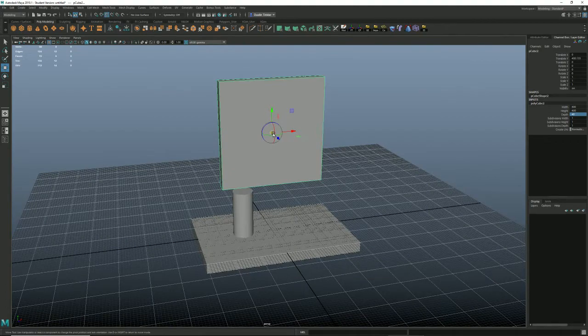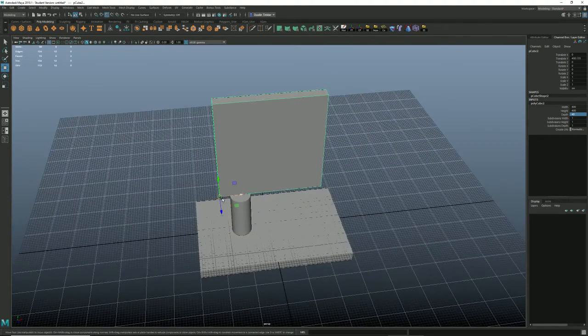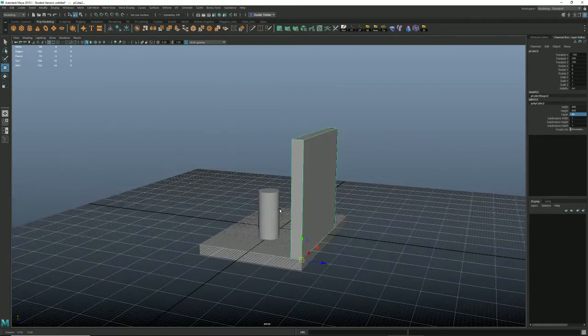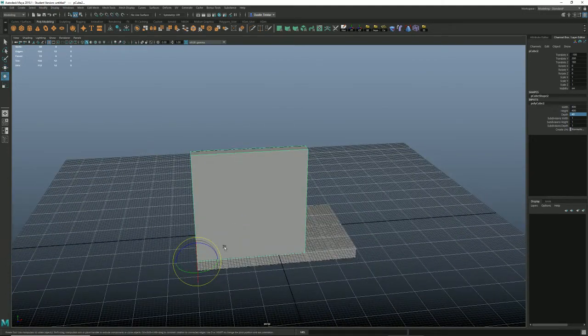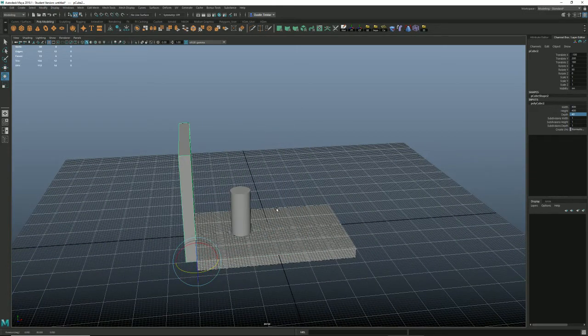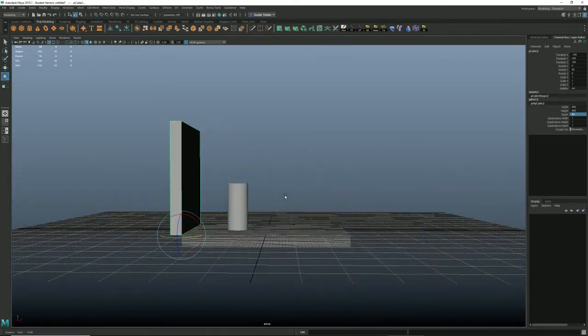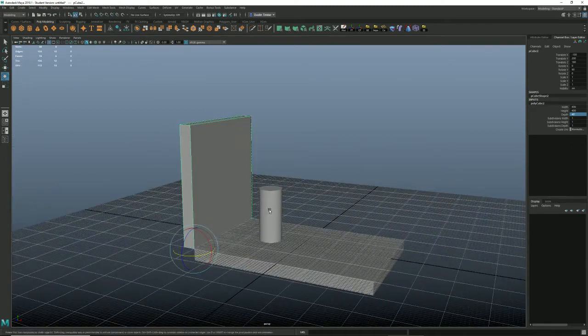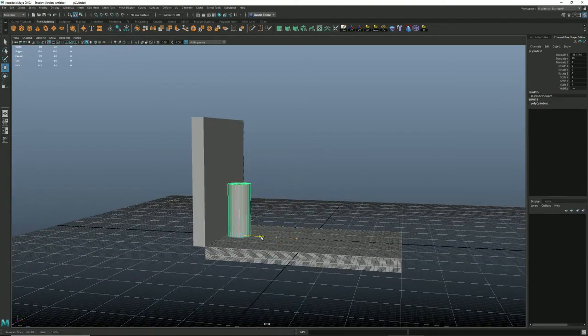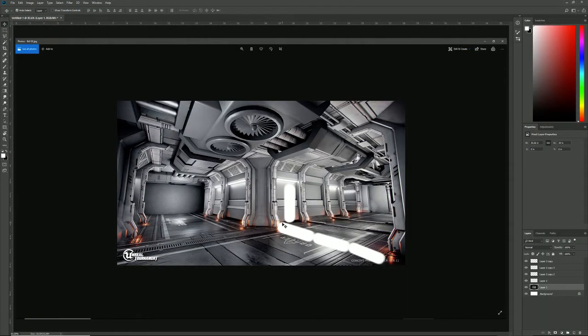So I'm going to put my pivot in the front corner, and I'm going to snap this to my floor here. And then I'm going to hold down J and rotate back 90 degrees. And there is our wall. Now, one thing with the wall is I measured from here to the ceiling, and the ceiling is all the way up here. But we've really got this wall and then this piece that comes over